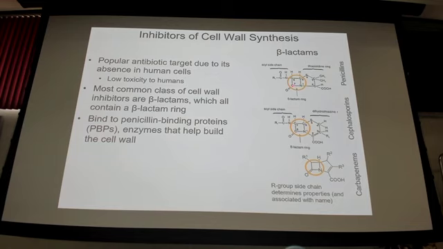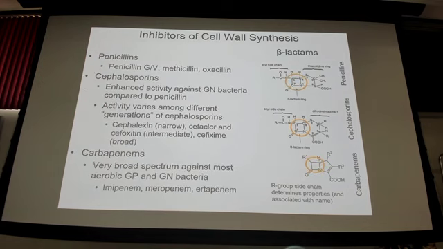And what it does specifically is to bind to proteins in the bacterial cytoplasmic membrane called penicillin binding proteins, PBPs. It's a stupid name, but that's what they're called. And essentially what that does is prevent PBPs from doing their job, which is to build that cell wall, to contribute to peptidoglycan synthesis. This slide has examples of some specific generic classes of each one of these subclasses of